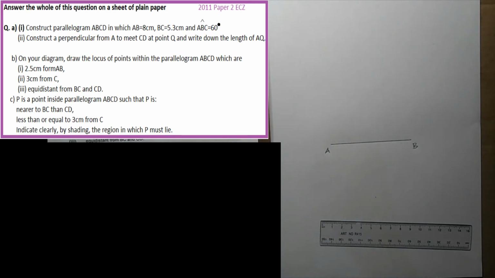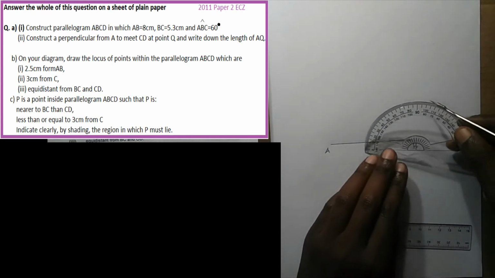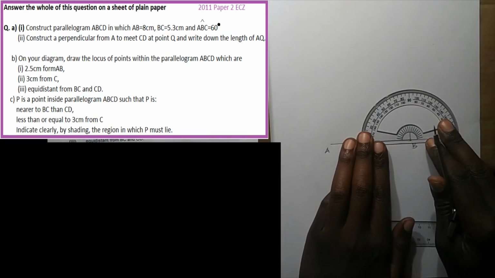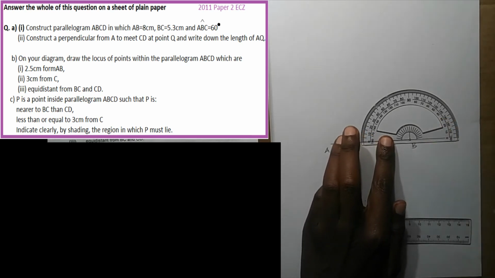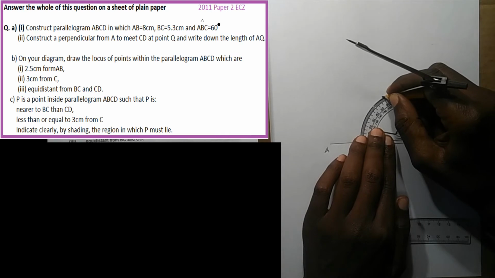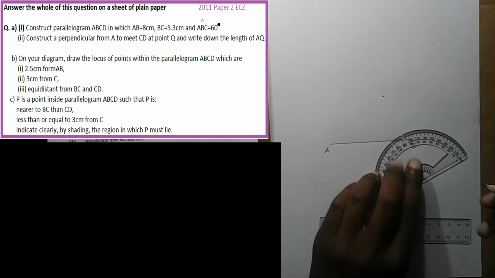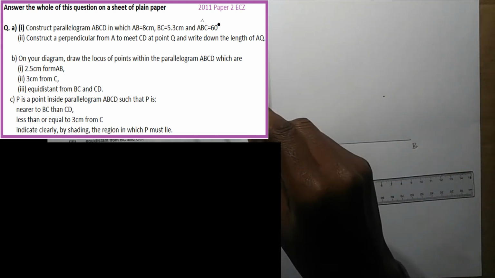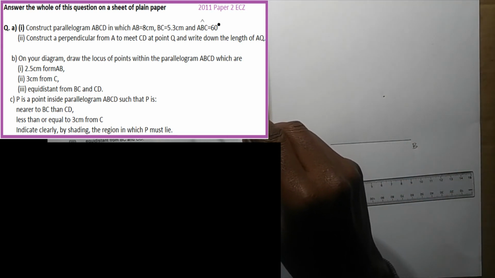So first we'll measure the angle before we measure the length. So we are going to put the angle here, 60 degrees. So we're going to put 60 degrees here, and 60 degrees will be here. Okay, so the next thing, after marking 60 degrees there, we are going to use our compass now to measure